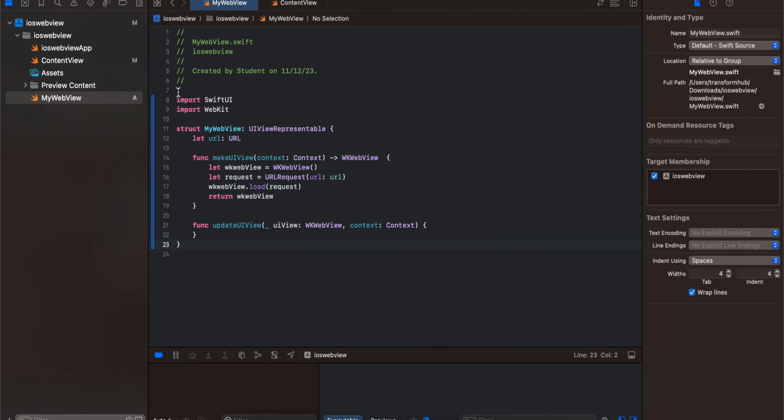Next, you will have to create a file called MyWebView, and you will have to extend it from UIViewRepresentable and override two methods, makeUIView and updateUIView, and it takes a URL inside its constructor. And here first we will have to initialize WKWebView, then we will have to create a URLRequest from our URL and call the load method of the web view to pass our request, and then just return our